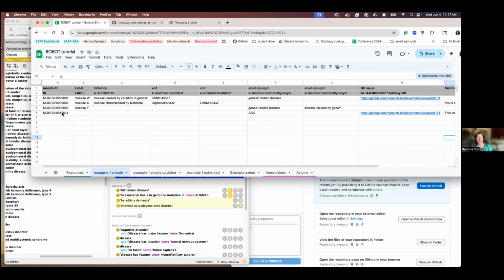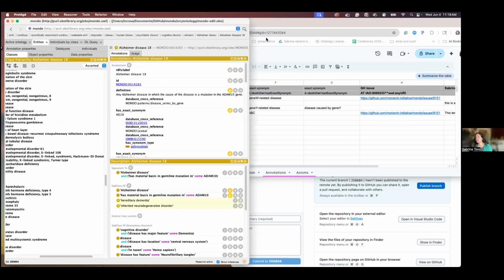So let's say, if this term already exists, if I had disease X, then it means that the label disease X is going to be added to this ID. So if this one already exists in Mondo,